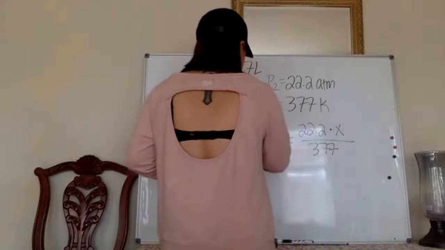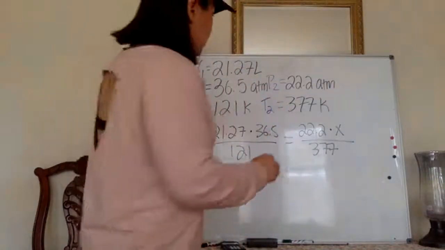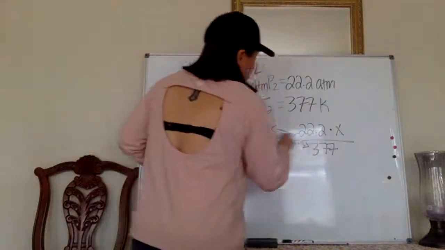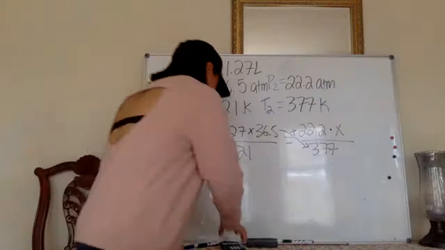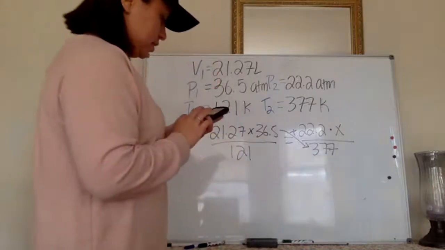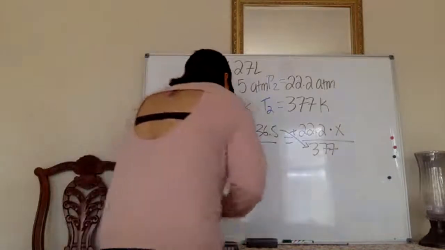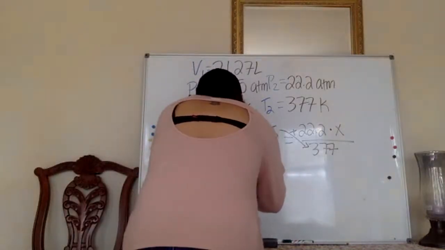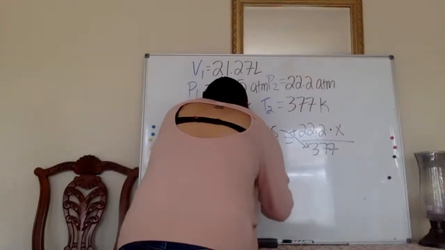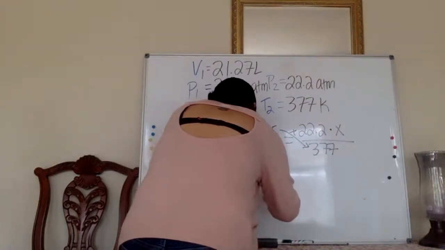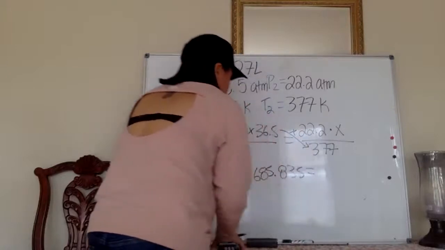Oh, sorry, I just multiplied these two. I just realized I also have to multiply times 377. So you're going to multiply these three. Forgot to multiply that other one too. Times 377. So it's going to be 292,685.835, and that equals, you're going to do